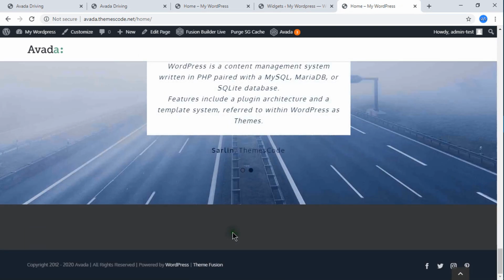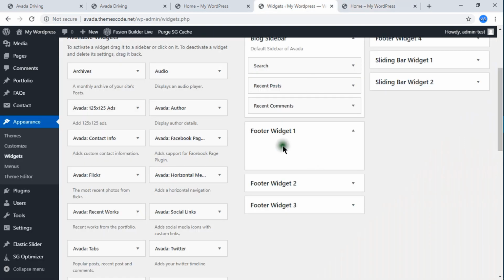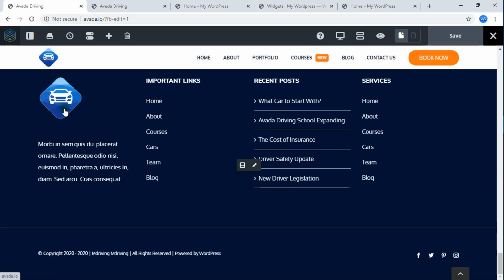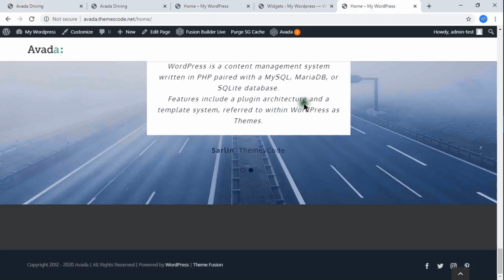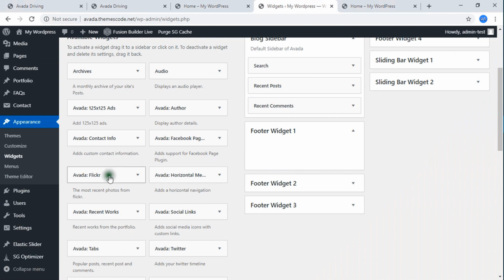Here you can see I removed it. So if you add any content here, that will be displayed here on the footer. So on my demo site, here you can see the logo and text. So what I'm going to add here,